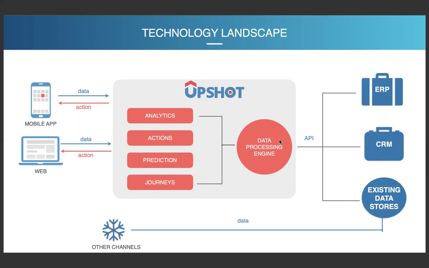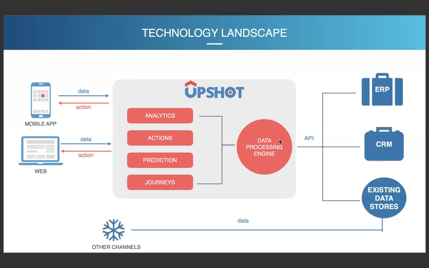And along with the way we track the digital interaction data through the SDK, Upshot also allows you to push additional information which is stored directly in your CRM system or ERP system. So Upshot supports three different mechanisms. We support the queuing engine through SQS or Kinesis queuing streams. You will be able to push data into Upshot. We also support the S3 bucket transfer. And we also provide a custom API through which you will be able to push data from your backend systems